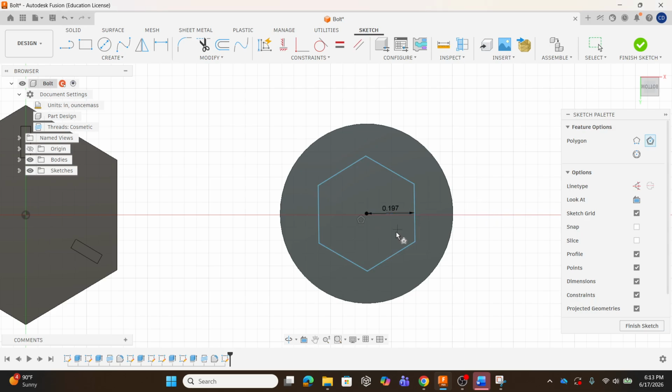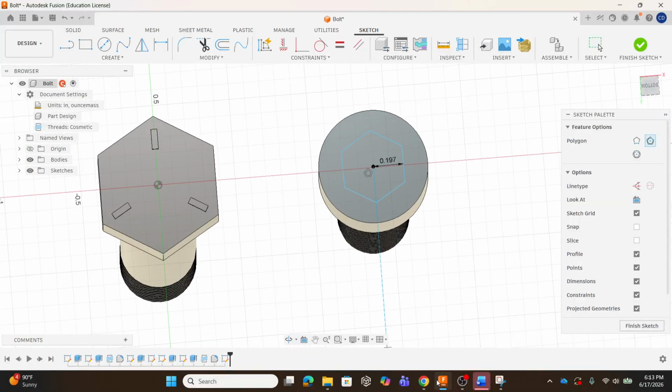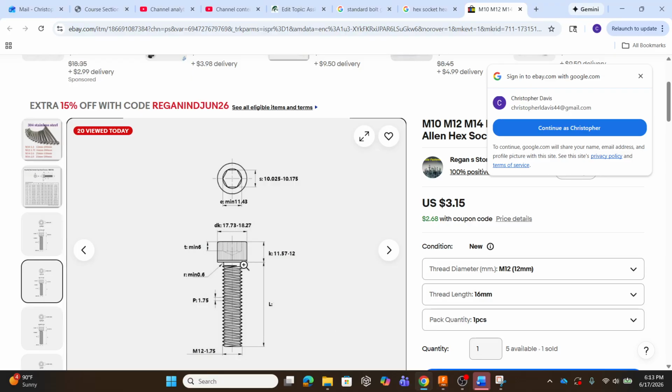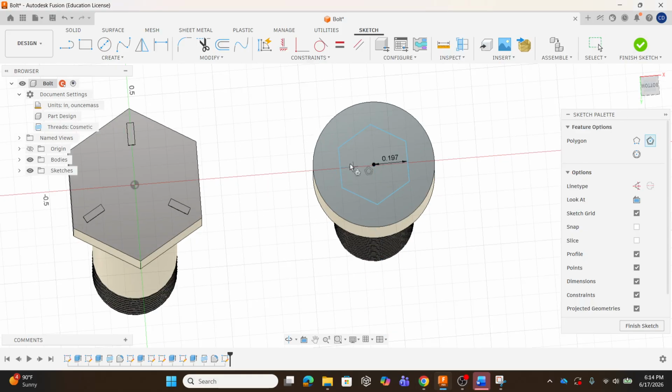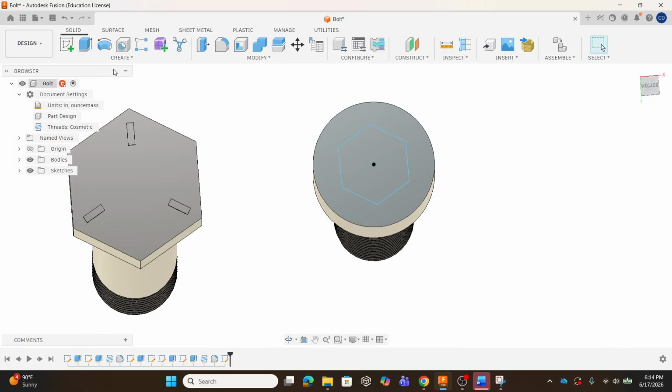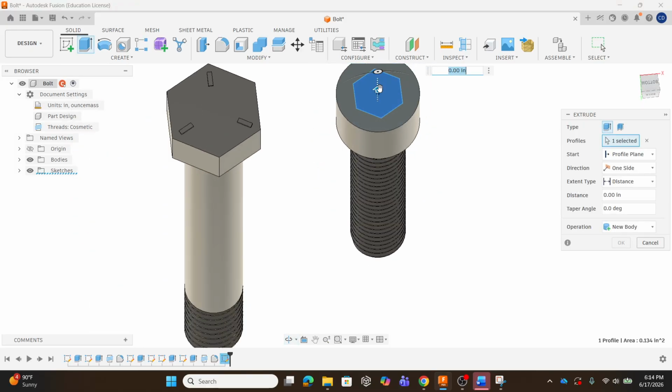There we go. There's our basic hexagonal shape, and then it needs to be 6 millimeters deep. So now we're going to hit E for extrude. You could finish sketch and then go to extrude, that's just one more step. You could press the letter E, and then we want to go into it